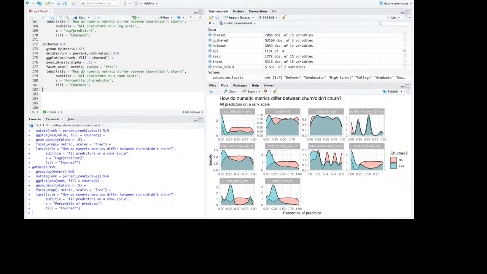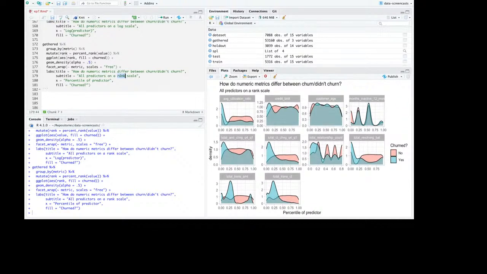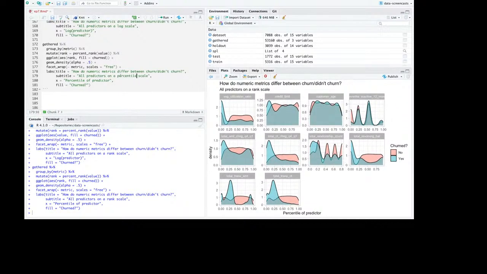Yeah, we can actually just get a sense of what is the difference between them. And between 0 and 1, it's a little wacky to do it on a density plot, but some things we can just see differ on a percentile scale.